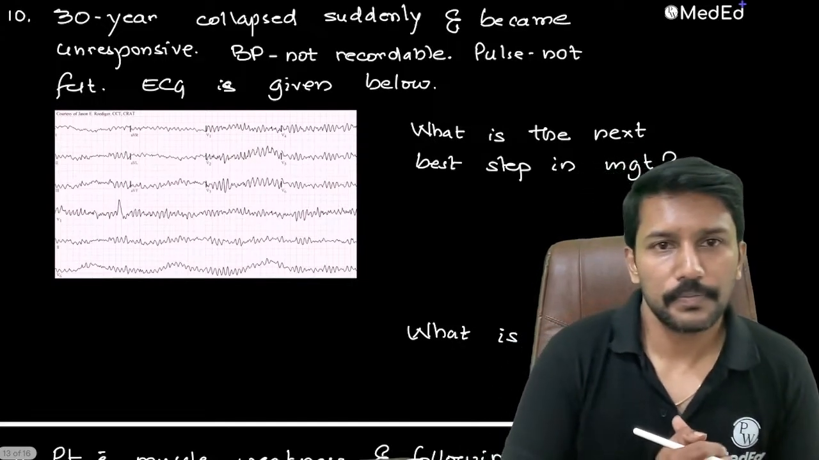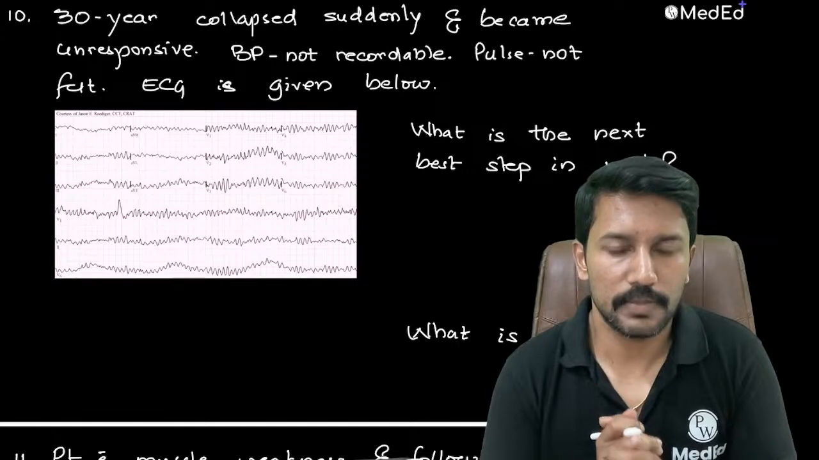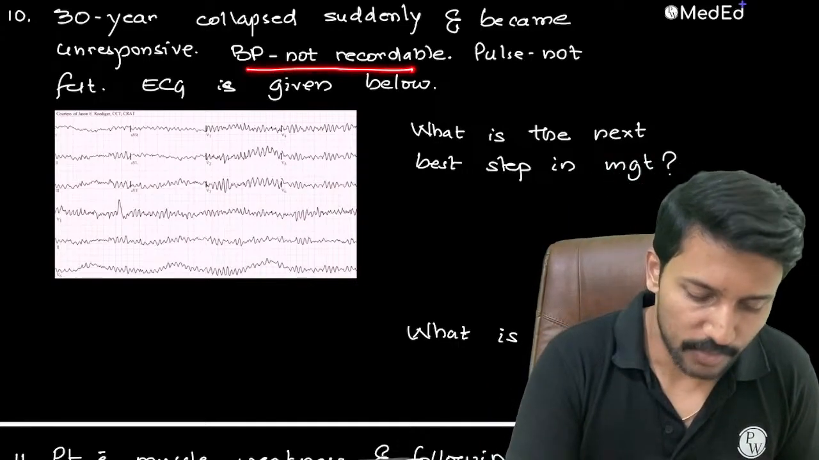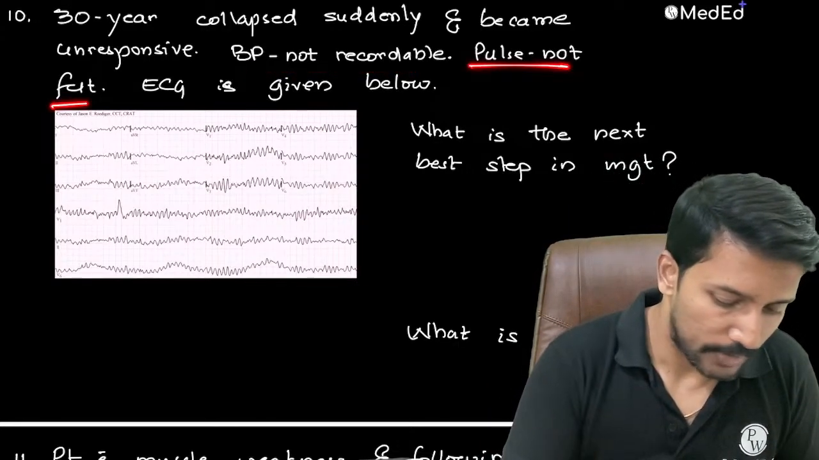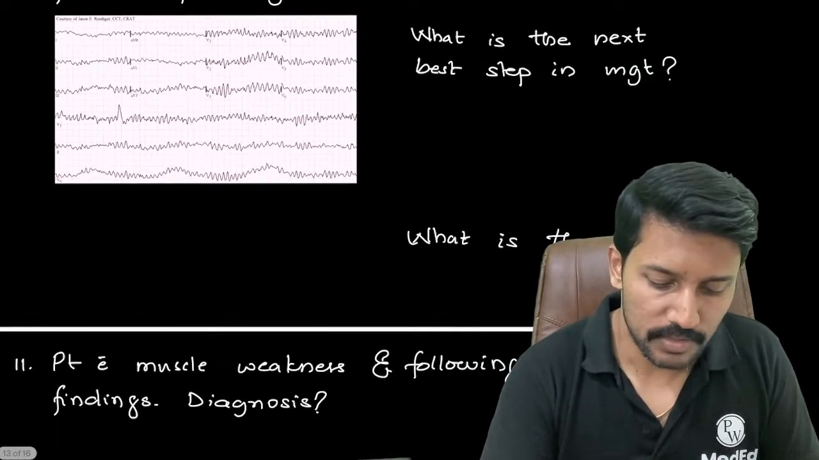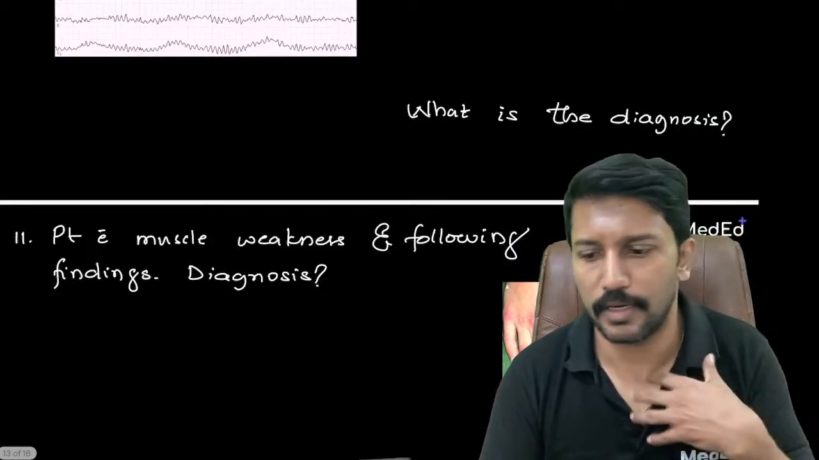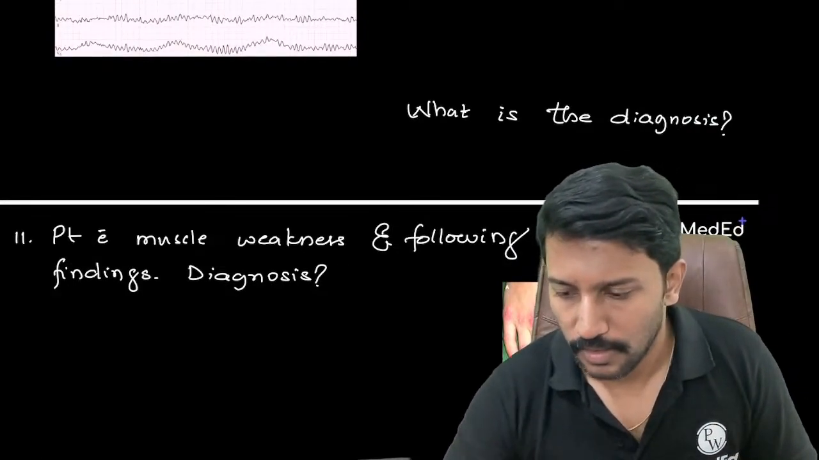A 30-year-old who collapsed suddenly and became unresponsive. This patient's BP is not recordable, pulse is not felt, the ECG is given below, and there are a few points to address here. What is the next best step in the management and what is the diagnosis? First, obviously, I want you to address what is the diagnosis, and then